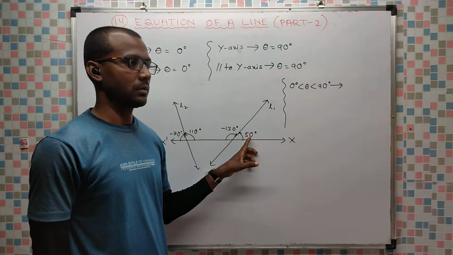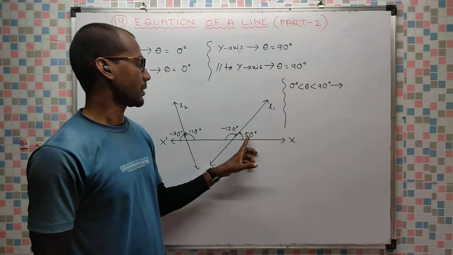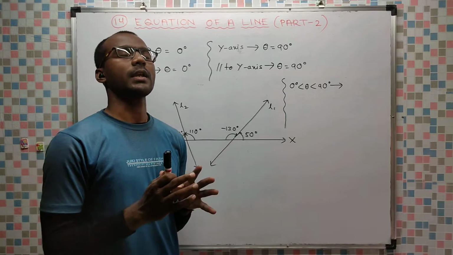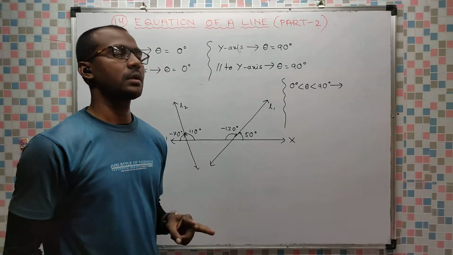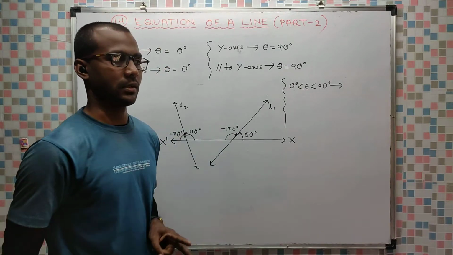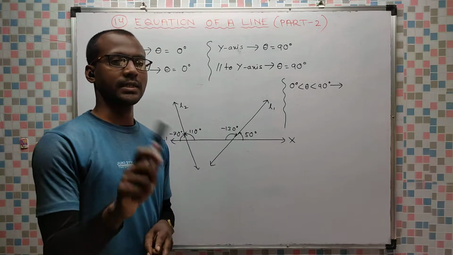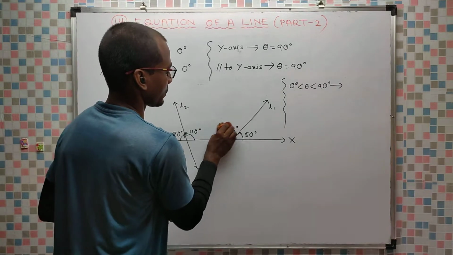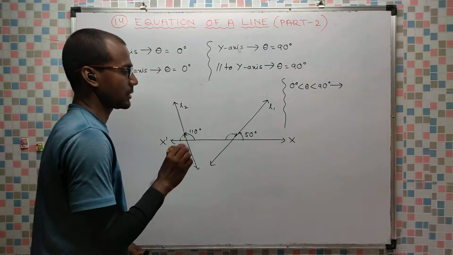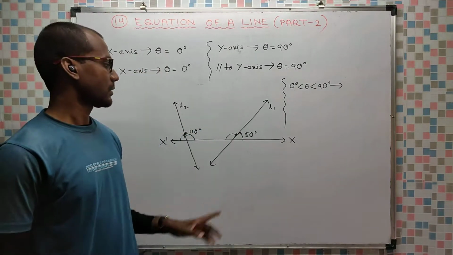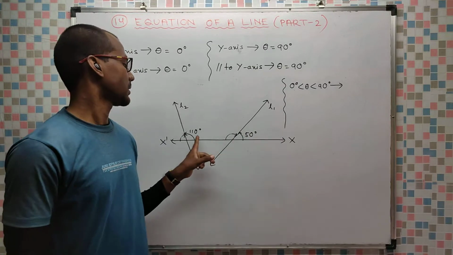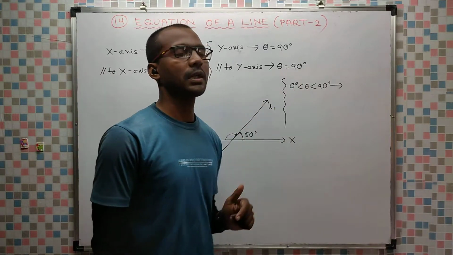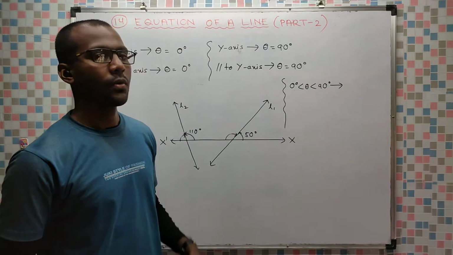Okay. I forgot to mention one thing. By default always take anti-clockwise direction. The angle of inclination can be measured in two ways, anti-clockwise or clockwise. By default always take anti-clockwise direction. When necessary take clockwise, otherwise not. So I am erasing this part, the clockwise direction. Okay, simply I will take anti-clockwise. One is 50 degree which is in between 0 and 90, the other is 110 degree which is between 90 and 180.